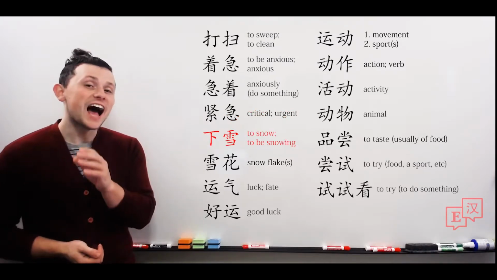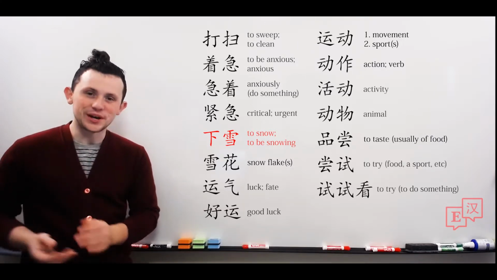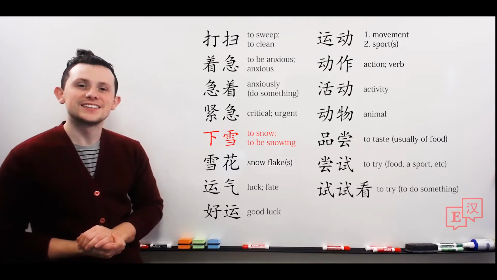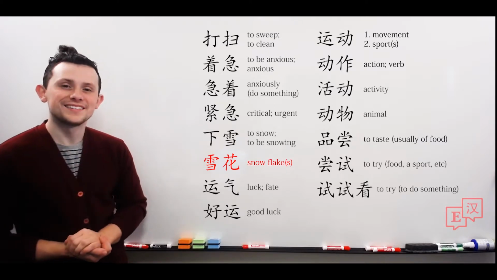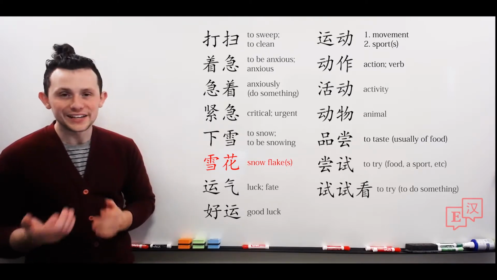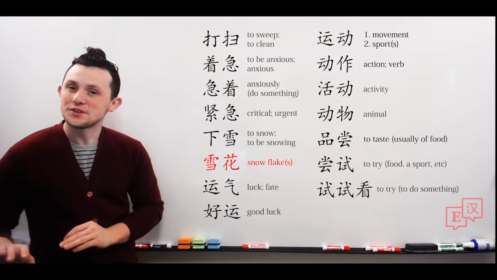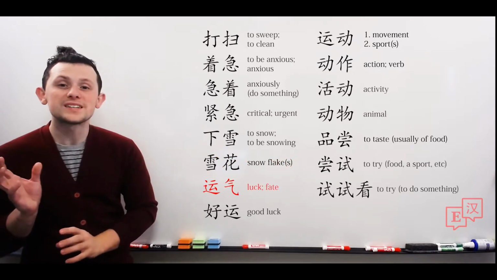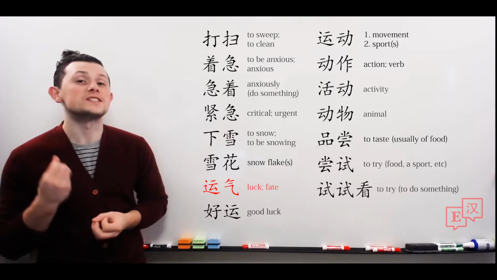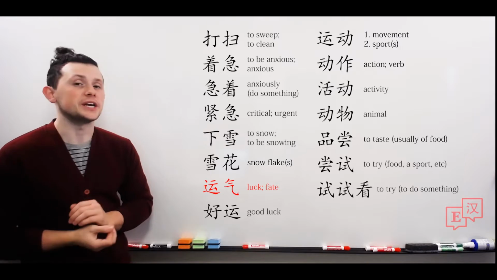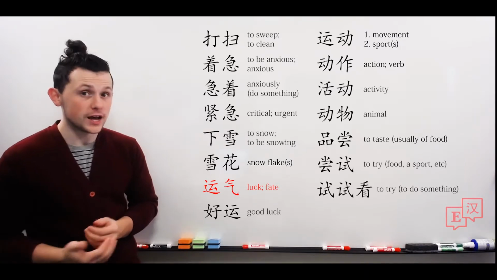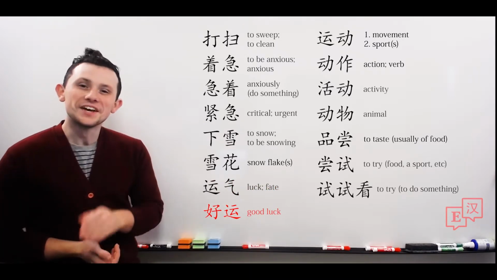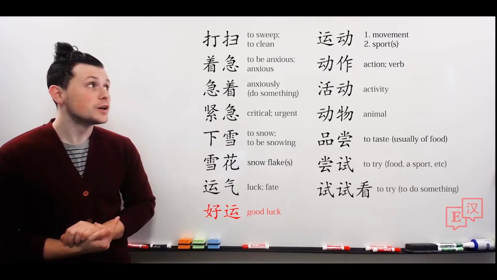Next. 下雪下雪 falling snow means to be snowing. 下雪雪花 snow flower, a snowflake or a flake of snow. 雪花运气 movement of the air is one's luck or one's fate. 运气 and if we want to say someone has good luck, 好运 good luck. 好运运动